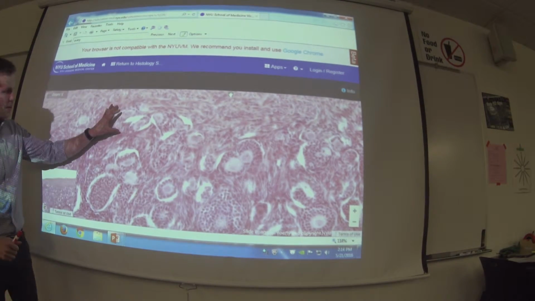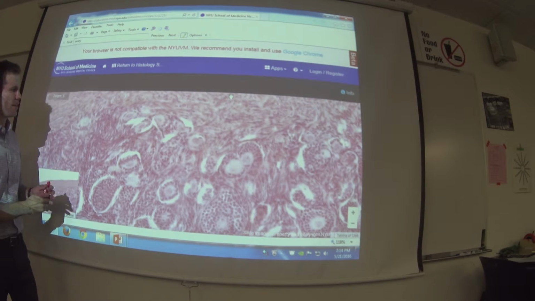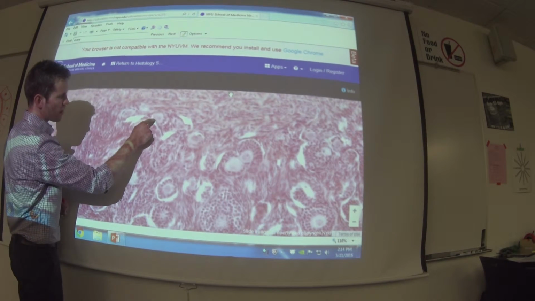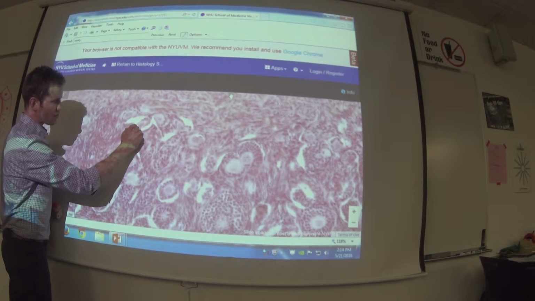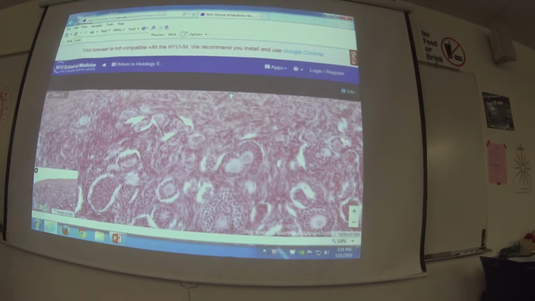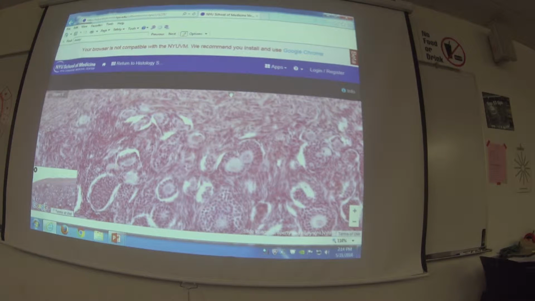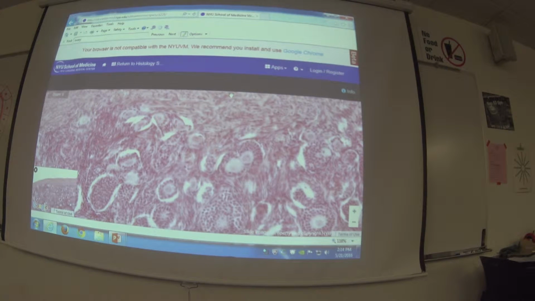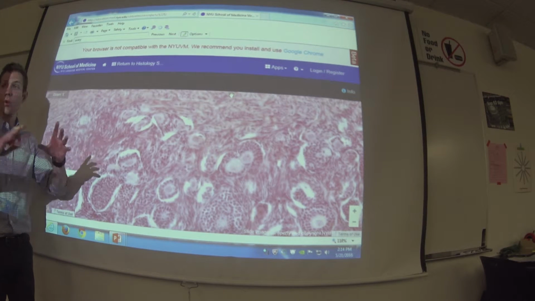And so up here, this little cluster right here, these are surrounded by basically little squamous cells. So these are your primordial follicles. There are tons of them. They're the smallest, so it's the only one you can really use size to do. All you've got to do is know that there's a big cluster of really, really small for an oocyte